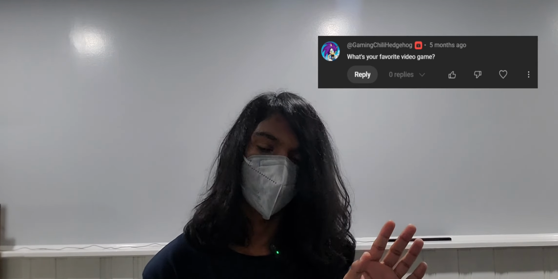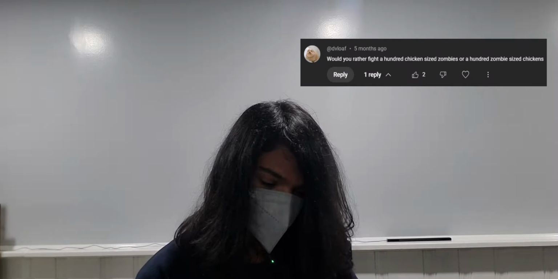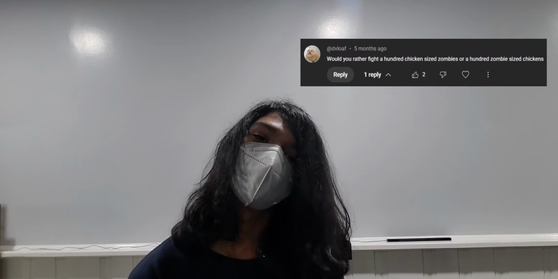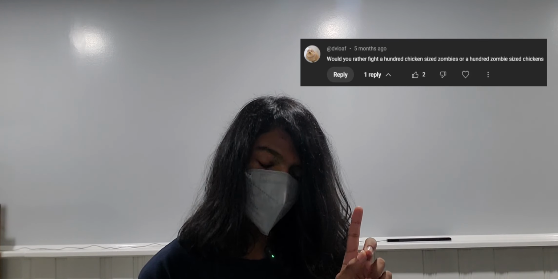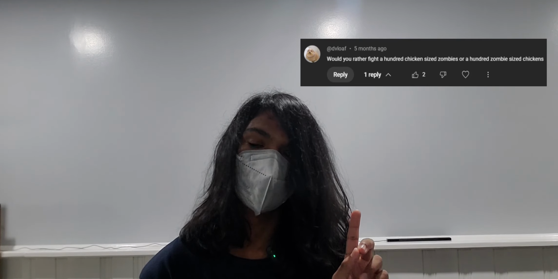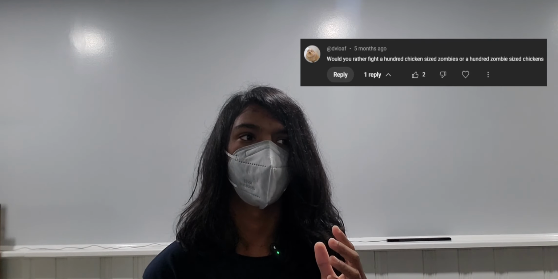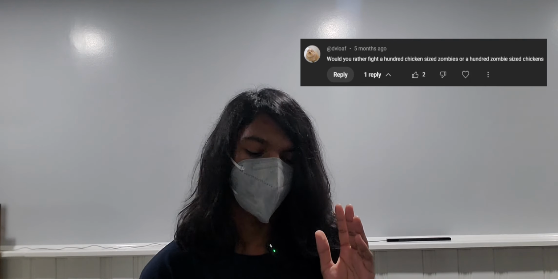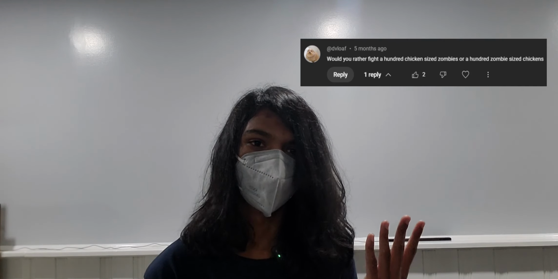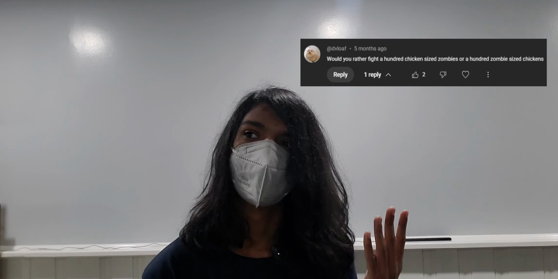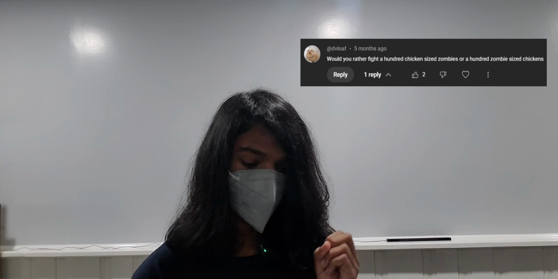Would you rather fight 100 chicken-sized zombies or 100 zombie-sized chickens? I'm gonna assume this is in the real world, I would rather fight 100 zombie-sized chickens because of the square cube law. The chickens would immediately collapse under their own weight and their internal organs would start failing. If I had to fight 100 chicken-sized zombies, those zombies could still turn me and they'd be faster, so I would really not want to fight them. So I'll say the chickens just because of the square cube law and they can't turn me into a chicken.